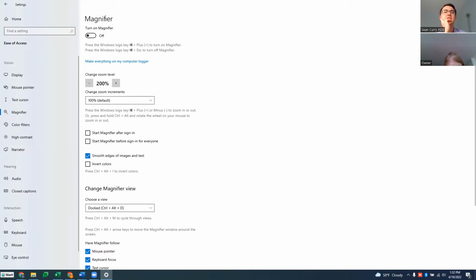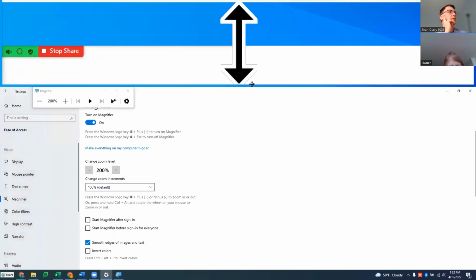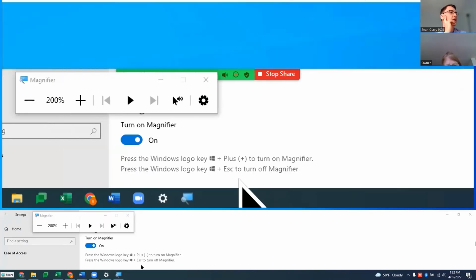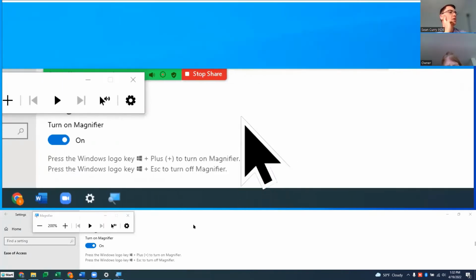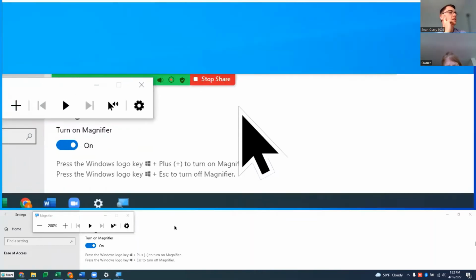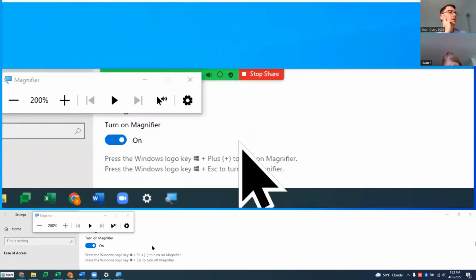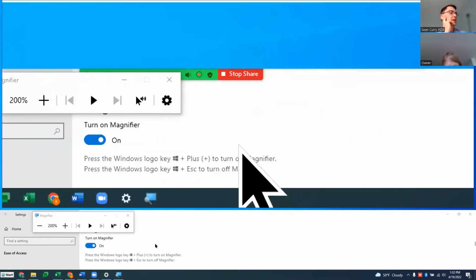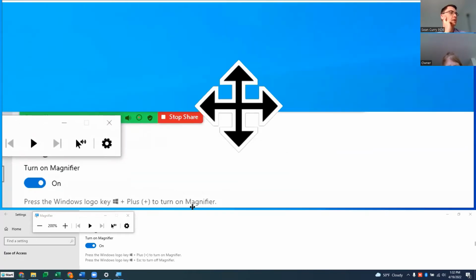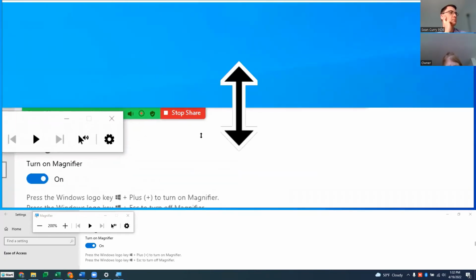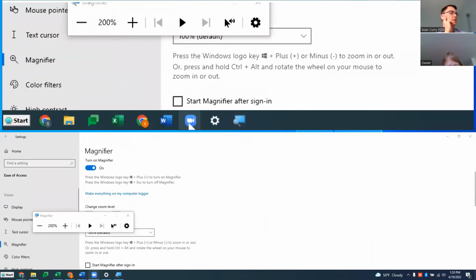Let's see. Is the size of the dock adjustable? Yes, it is, Terry. So I'm going to turn it on real quick to show you again. So the dock here, I can make it as big as needed. If I make it the whole page, though, it really cuts down the field of view for where you can look. While that gets bigger, the field for you to navigate at the bottom that's not zoomed in gets smaller. So the biggest I've seen it be effective is about half. So then you can still navigate